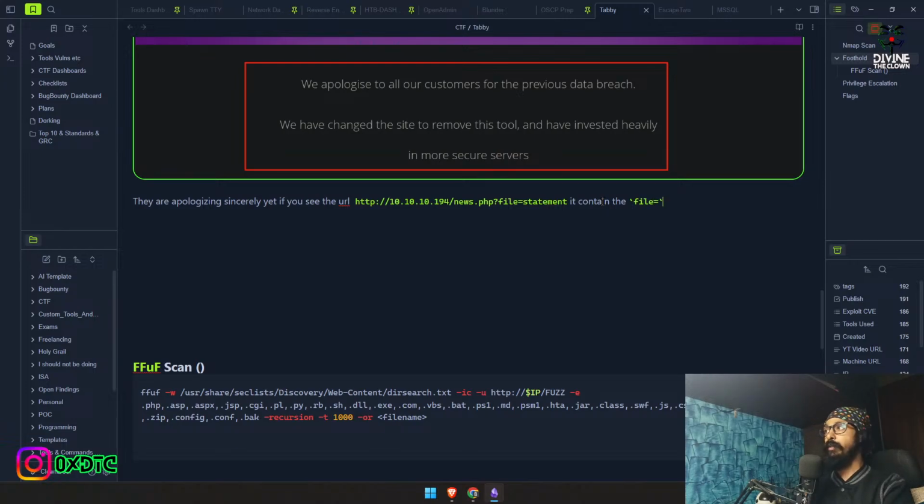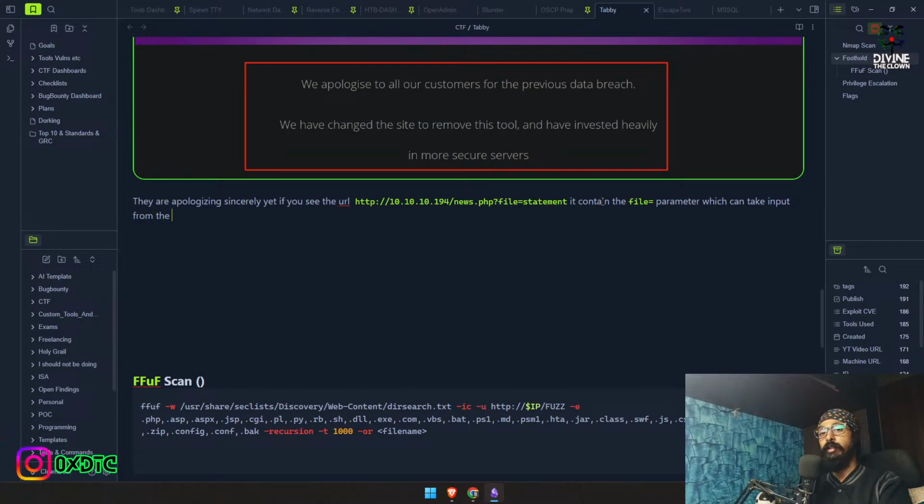File is equal to parameter, which can take input from the user or anyone